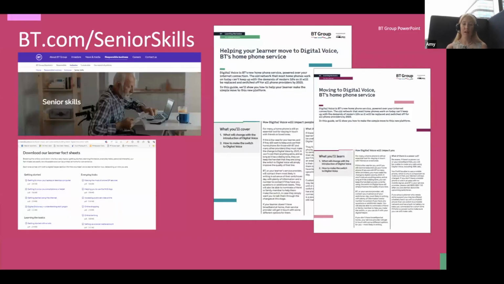To support this work, we also wanted to create a hub, a bit of a repository of some self-serve information that is completely free and open to everybody. So you've got the website at the top there. It's very straightforward, bt.com/seniorskills. The top left image is actually just the landing page, the first top of the page that you would see, and then we have different information as you scroll down, which tells you a little bit about our partnership with AbilityNet, for example, a little bit about digital voice, and then you get to the links to our fact sheets,